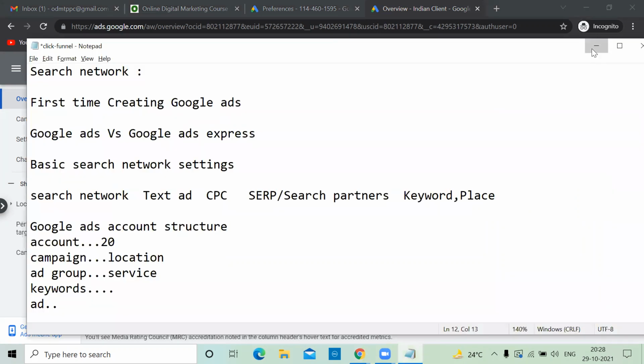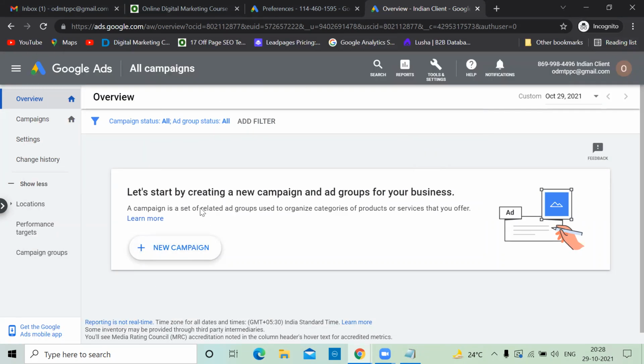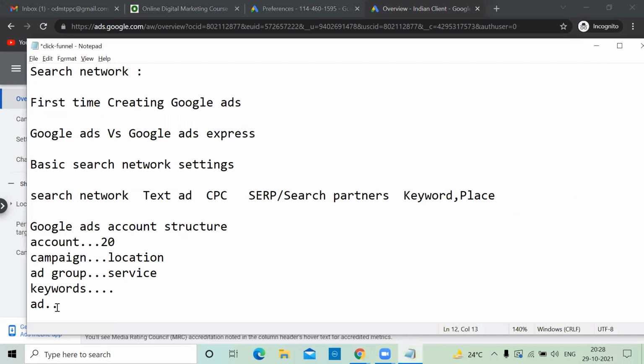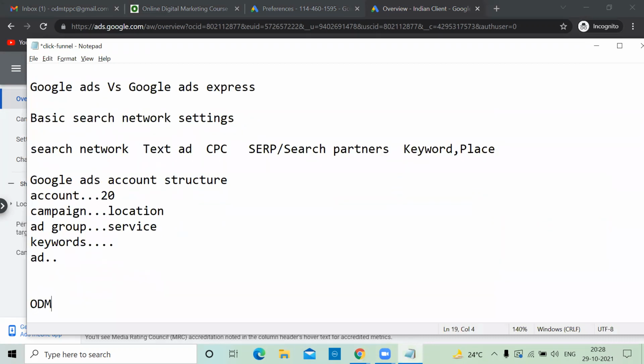Now, let me go for a campaign. I'm going to create a campaign for that. So before the campaign, let us take the project, what project I'm going to do. I assume that I want to do it for ODMT only. This is not a live campaign, guys. Live campaigns in the next example, I'm going to show you. In this example, I'm just showing you the different options. In the next class, I'm going to work on one project. Directly, I'll put a budget. I'll show you how the performance is, what mistakes are done, how to work on that.